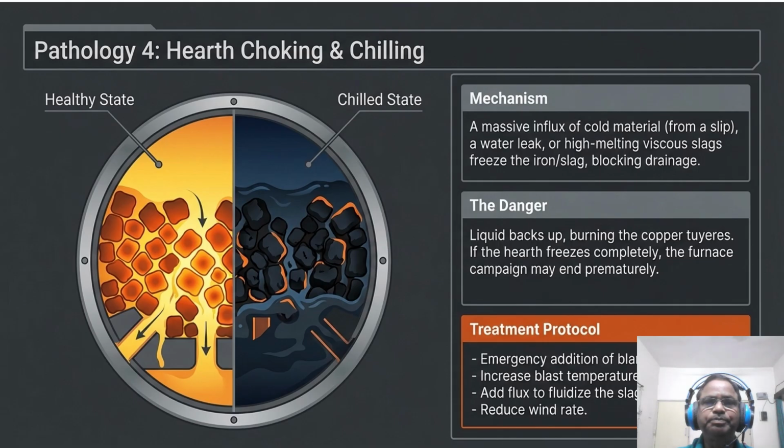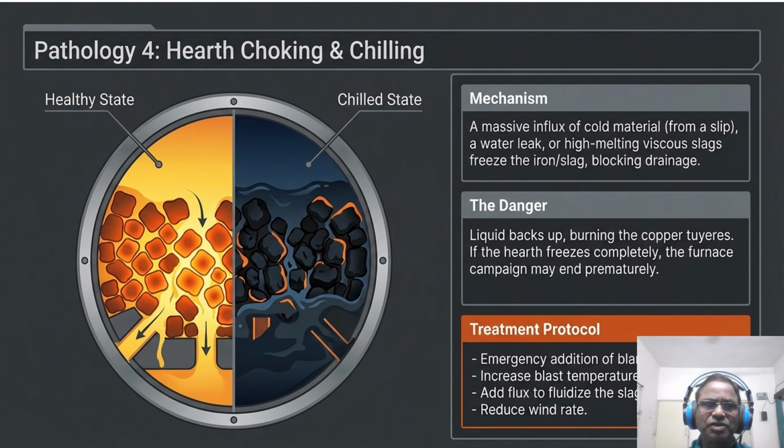Now, coming to pathology number 4, which is exactly the hearth choking and chilling, and the most severe failure is the chilled hearth. As we have already talked about, this word is pretty bad, and we need not repronounce it again and again, because this is the ultimate disaster in the furnaces. So whether from a massive cold slip or a water leak or a liquid drainage,